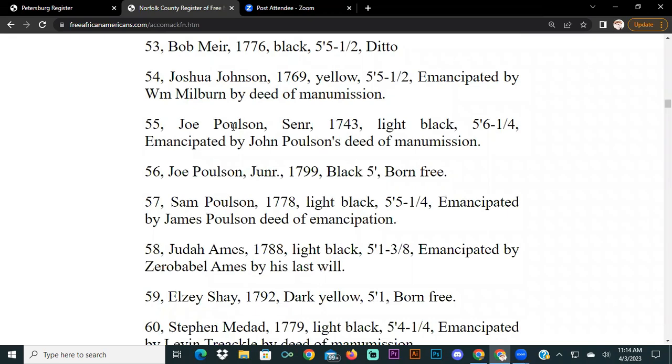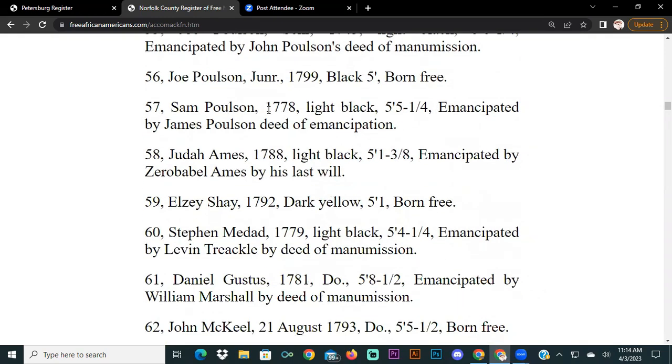All right, so we got Joel Polson Sr., born 1743, light black, 5'6" and 1/4, emancipated by John Polson's deed of manumission. Same surnames. Joe Polson Jr., 1799, black, 5 foot, born free. Sam Polson, born 1778, light black, 5'5" and 1/4, emancipated by James Polson, deed of emancipation. Okay, same